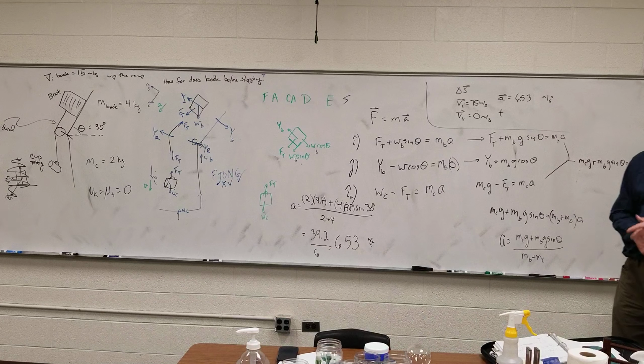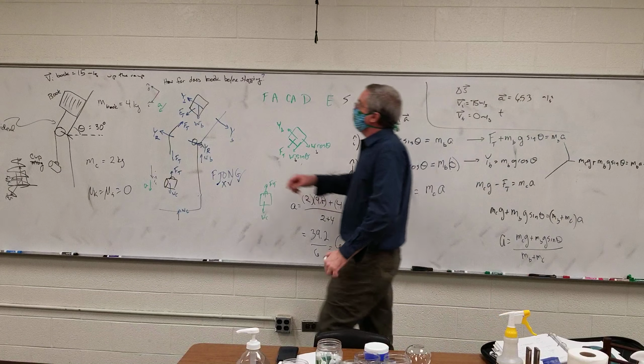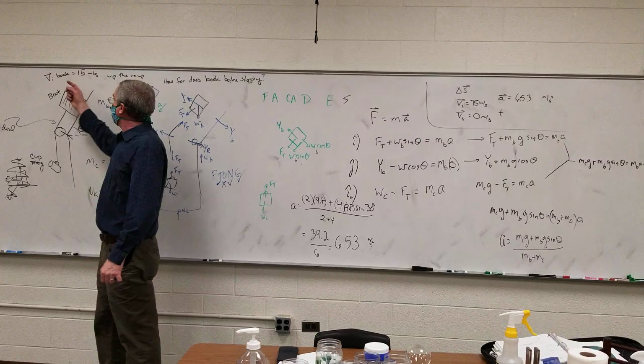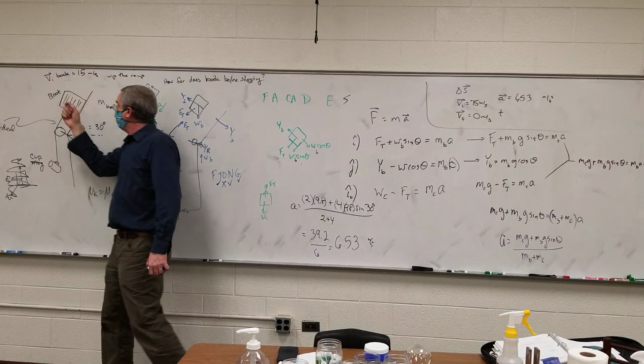Then why is the initial velocity negative? The initial velocity of the book was 15 meters per second up the ramp. And so the magnitude is 15 meters per second, but with our coordinate system,